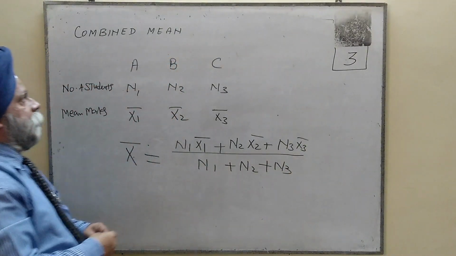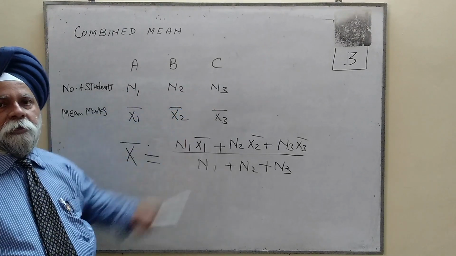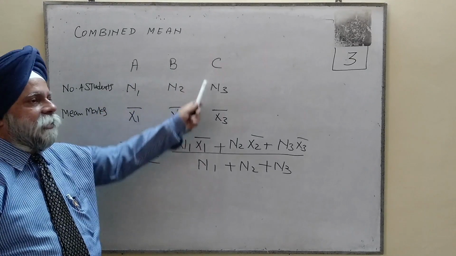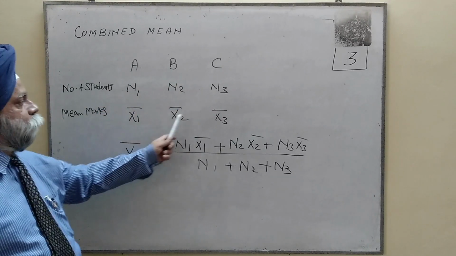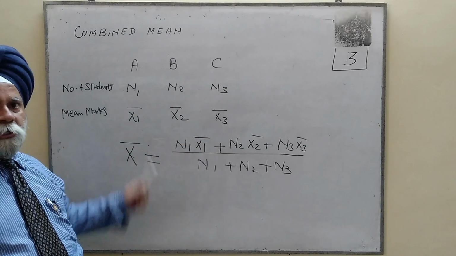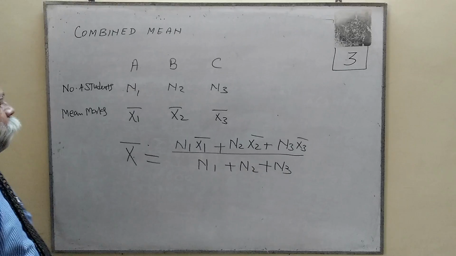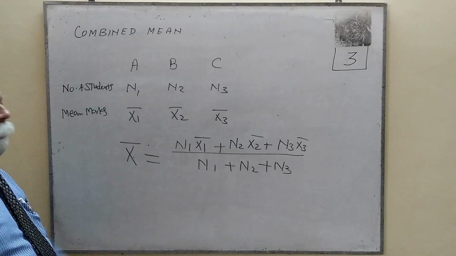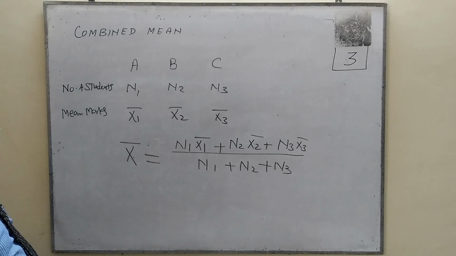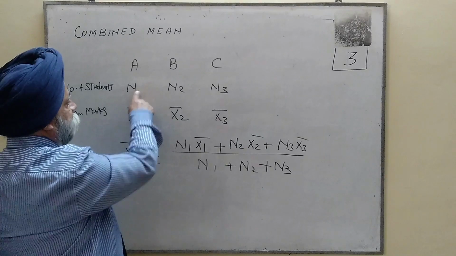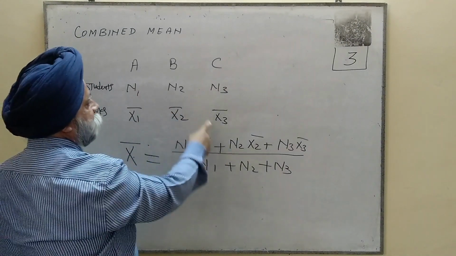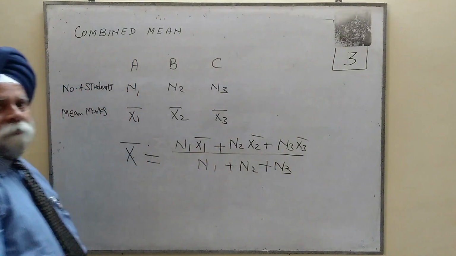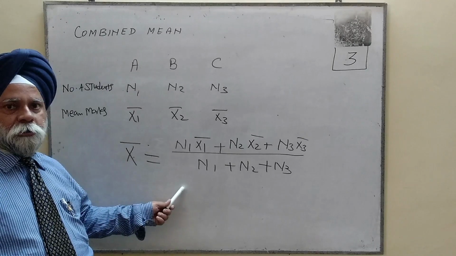एक बार फिर से देखिए बेटे, अगर तीन सेक्शन है A B C and number of students उनमें है A में N1, B में N2, C में N3 and X1 bar, X2 bar, X3 bar इनके मीन है सेक्शन A के, सेक्शन B के, सेक्शन C के. तो ओवरऑल स्कूल का, उस क्लास का average, that is total average, combined average is N1 X1 bar plus N2 X2 bar plus N3 X3 bar divided by N1 plus N2 plus N3. This is called combined average.